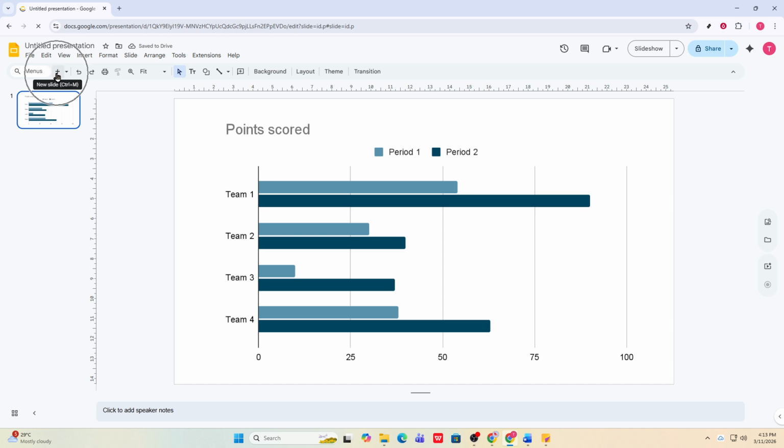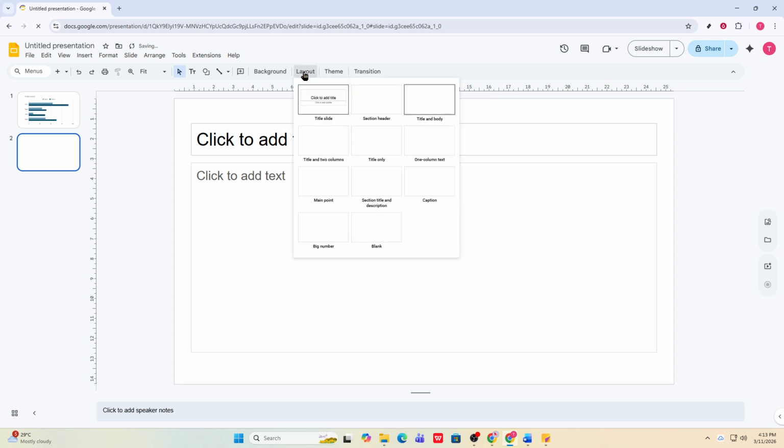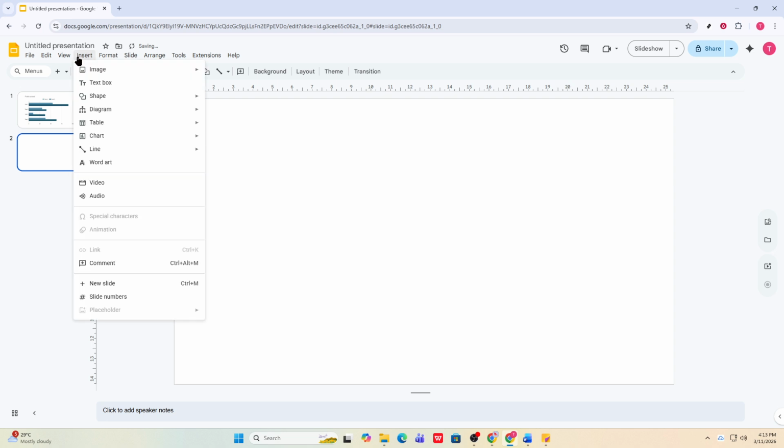Now look to the top menu bar and click Insert. From the drop-down, select Diagram. This opens a helpful sidebar on the right side of your screen. Here, you'll choose the kind of diagram that best fits your message, such as a process diagram to show a sequence of steps. Take a moment to think about the information you're communicating so you can match the diagram type